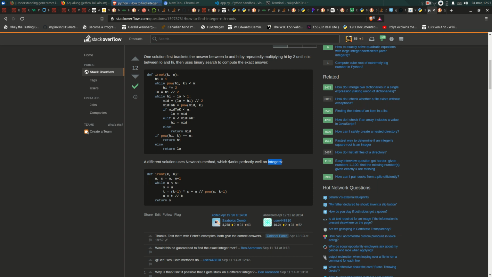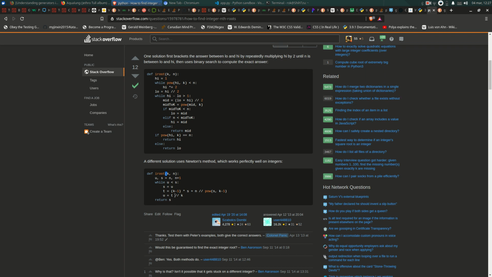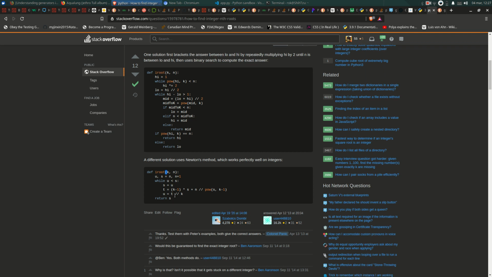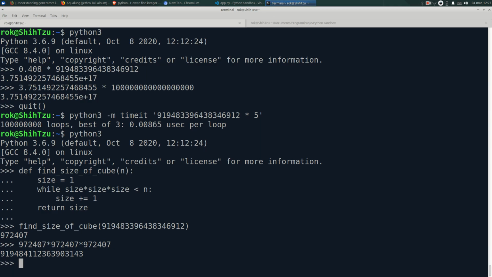Newton's method, which works perfectly well on integers. So if this computes a cube, we want to get a smaller one. So while size is less,